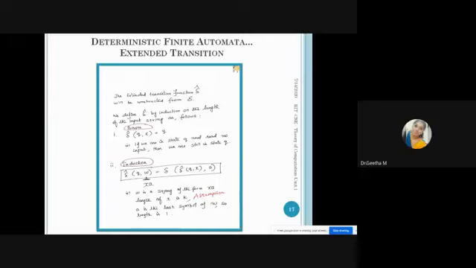So δ cap of q comma W is equal to, assuming W is in the form of XA, you split the formula into X one time and A another time. See the right hand side of the formula, δ cap of q comma x: X will be the inner part of the right hand side. Then for the outer part, you apply the last symbol A. Just mug up these two formulas: what is the basis, and what is the induction step.